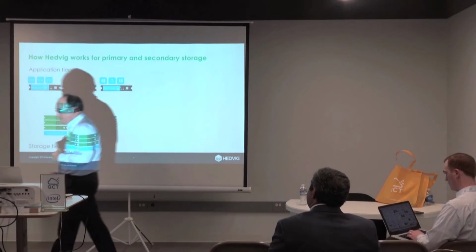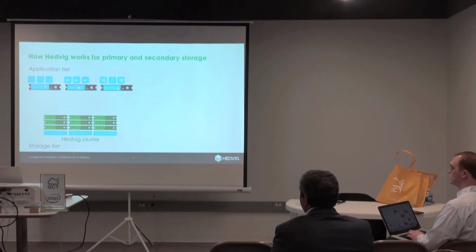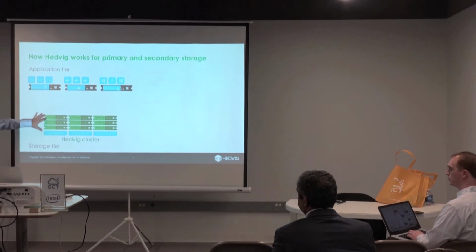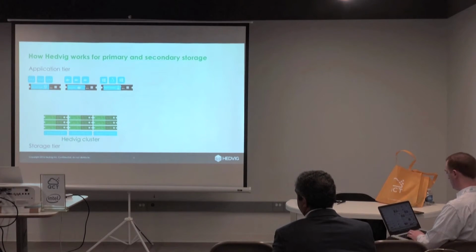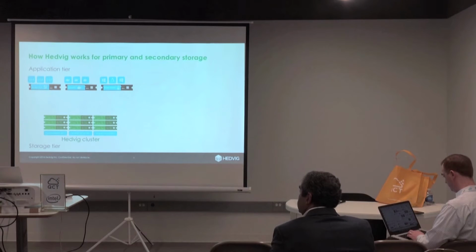So here's a technical slide then to tell you how we do things. At a starting point, we would take these 64-bit x86 servers and we'd layer our software on top of that and turn those into storage nodes down at the storage tier. In this particular example, we suggested they're in data center 1, 2, and maybe public cloud 1, because a cloud to us looks just like another data center.